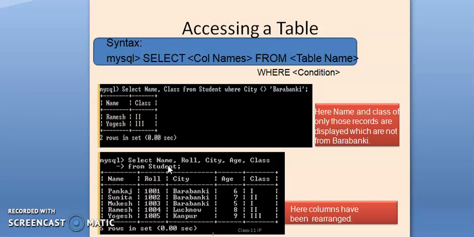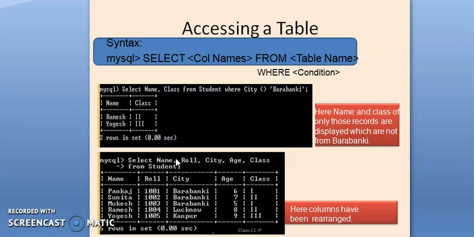But if you mention only the specific columns that you want to see, then they are displayed in the order you have set. So firstly you want to set the name, then roll number, then city, age, class from student.